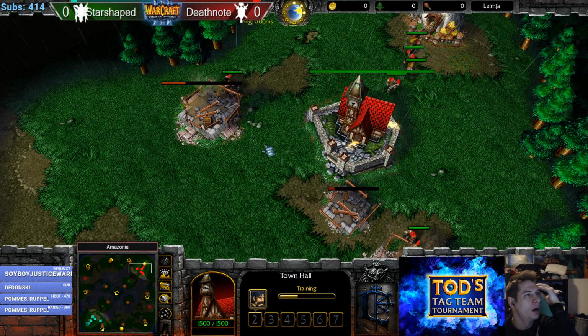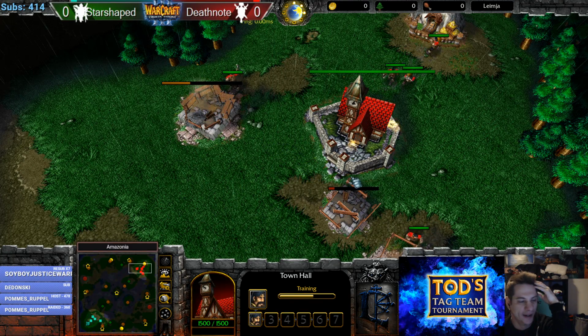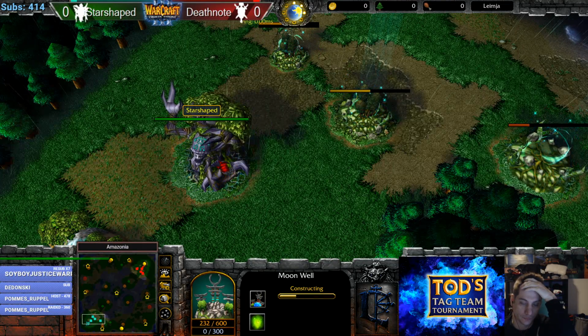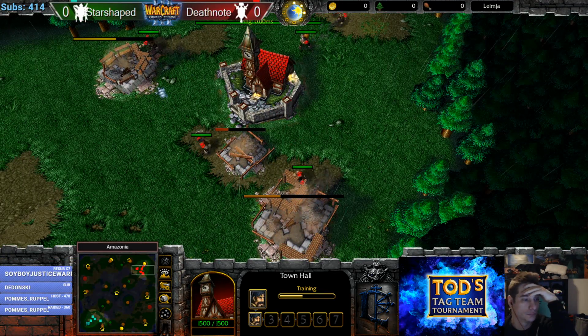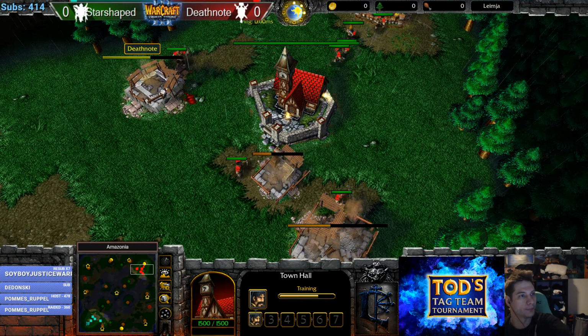It kind of feels like if you're playing Night Elf, you can never really fight human straight up. You really have to gain an advantage before you're able to fight them. And how you're able to gain that advantage is something that Starshaped did really, really well that last game. He gained that advantage by massing tier 1, making use of that keeper early on, making sure that that expand